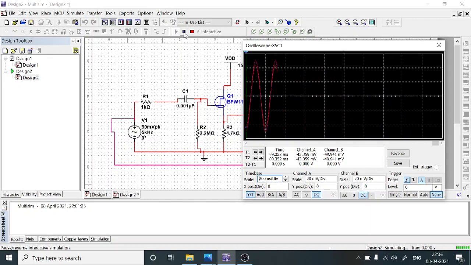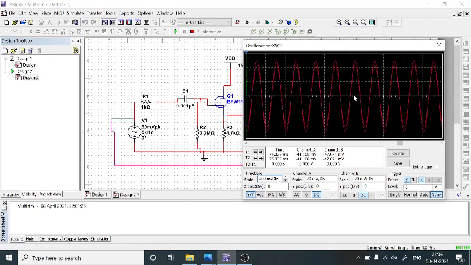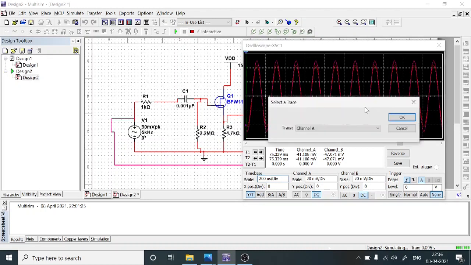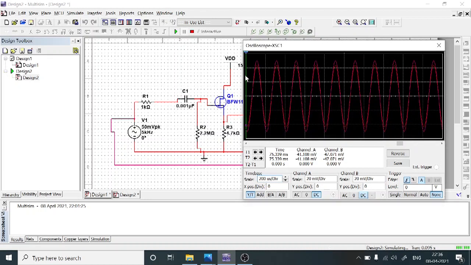Then to observe the output voltage, pause this, drag this, and choose the same trace for channel A. Adjust these two traces at the maximum positive peak and maximum negative peak. Then note down the corresponding output voltage. Here channel A shows 86.406 millivolts for 5 kilohertz.